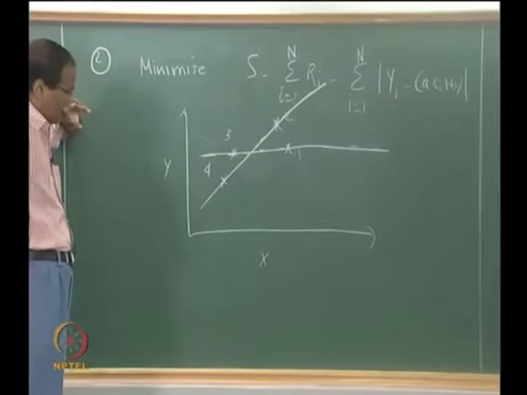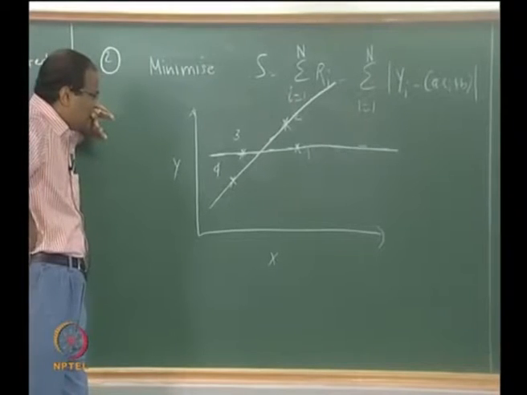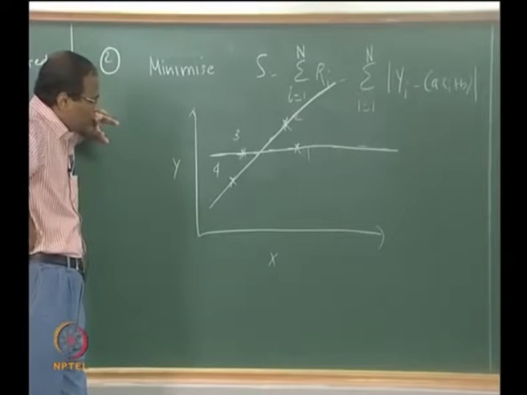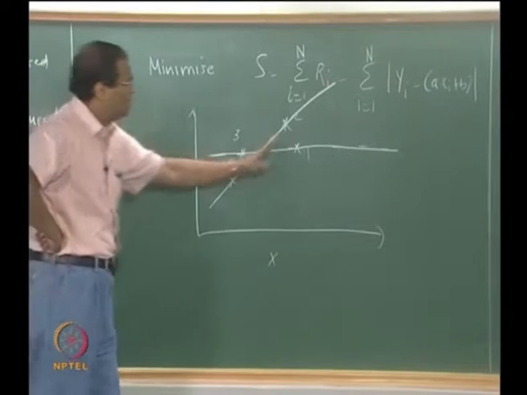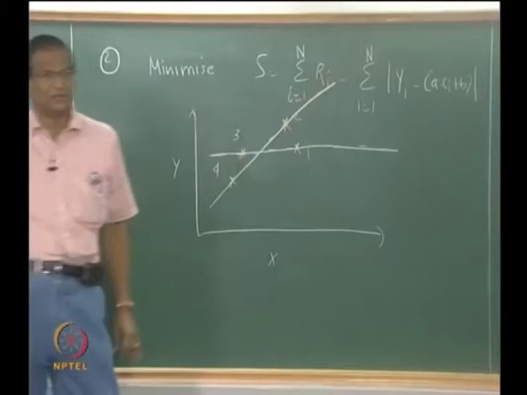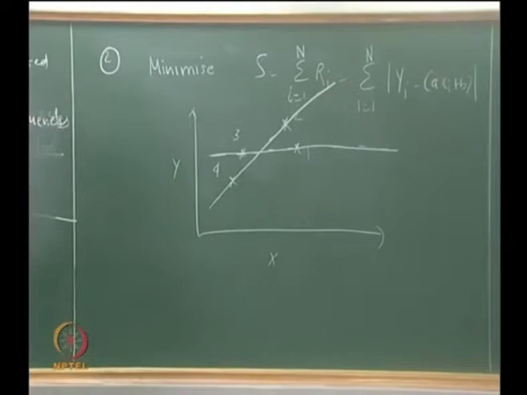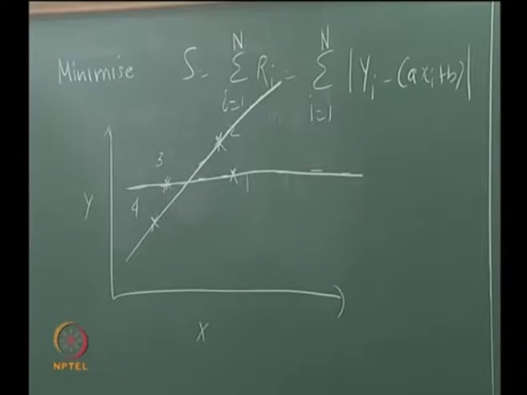So there are 4 points, okay. I have joined points 2, 4 with a line and points 1, 3 with a line. Any line which is occurring between these 2 lines will try to minimize this. There could be so many lines which will satisfy this. You can put it in Excel and try to sort it out. So, a line like this or